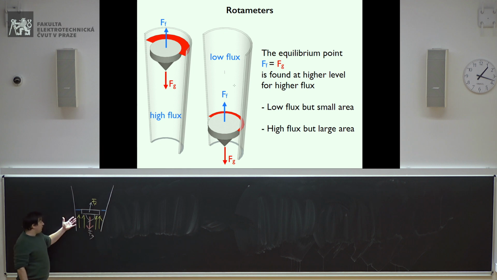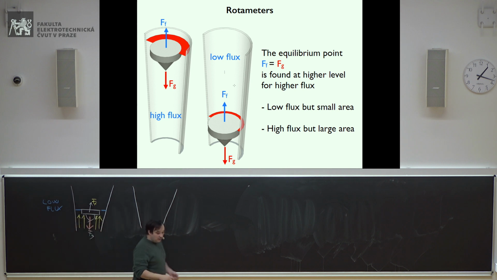Okay? So low flux, true, but also low space. So the effect of that low flux is sort of amplified because it doesn't have much space to pass through. On the contrary, if I have the same rotameter, so this is for low flux of the fluid. On the contrary, if I have a large flux,